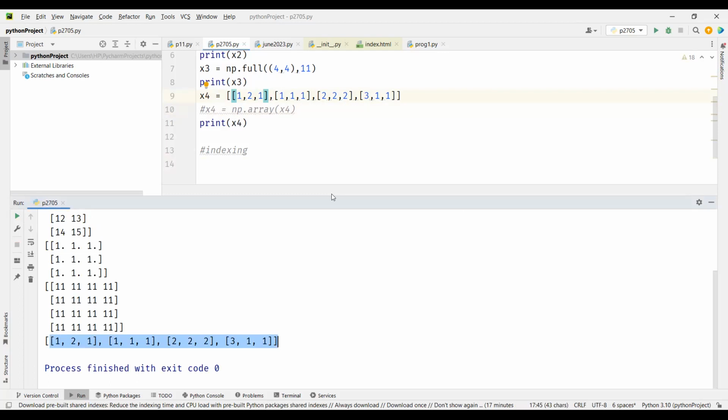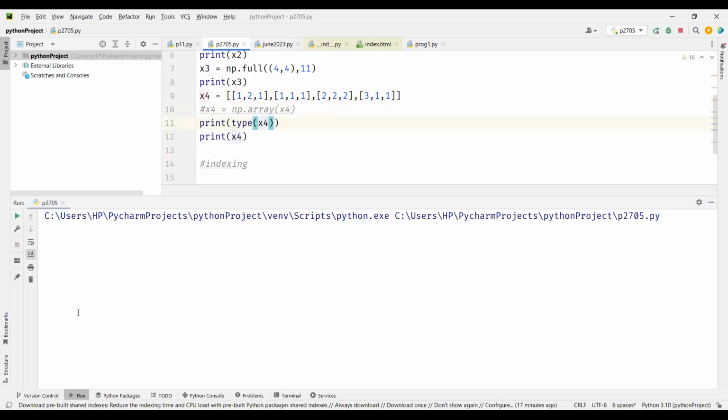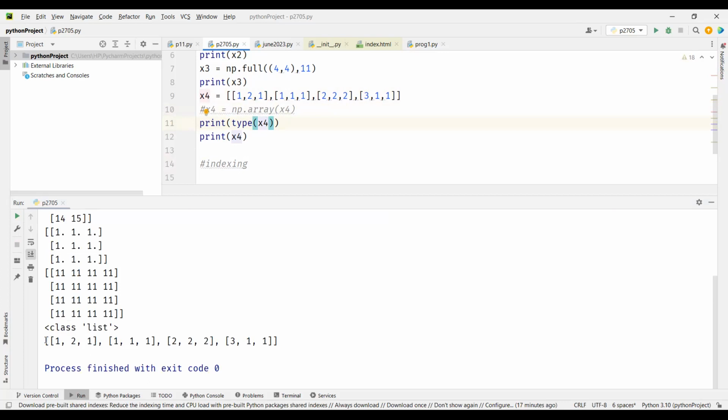What is x4? It is a list. This is what we have discussed before. It is a list of lists, and each member is also a list. So if you have a list where each member is also a list, you can convert this